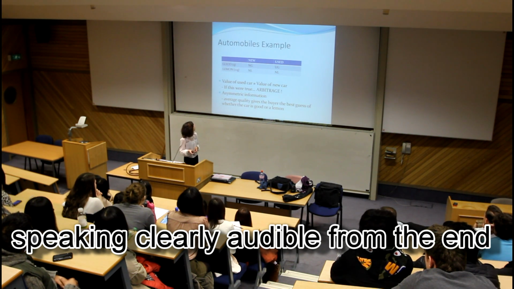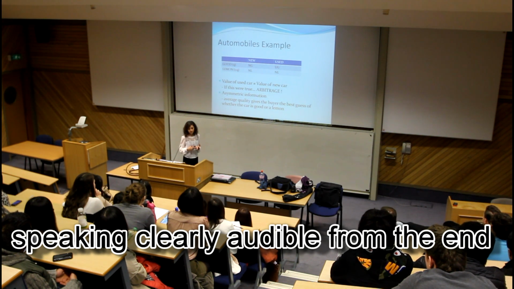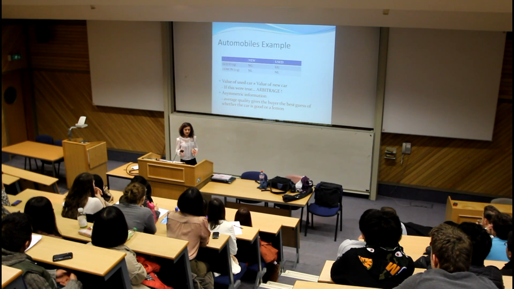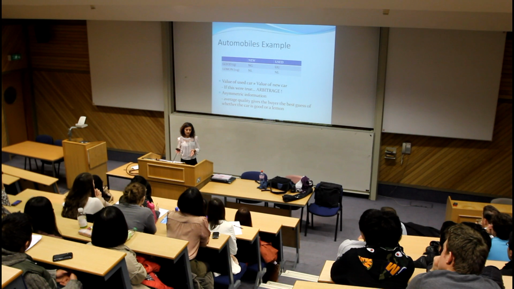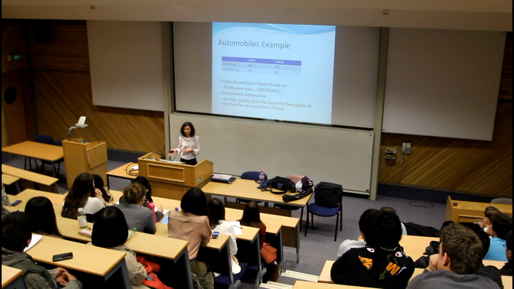Let's move on to the automobiles example now. Here I have, for simplicity's sake, 4 types of cars. We have new good cars, used good cars, new lemons, and used lemons. Now, the value of a used car cannot equal the value of a new car, because if this were true, arbitrage would be possible. Arbitrage is where costless, riskless profit is made, and so we could buy a used car in a market for used cars and sell it in the market for new cars and make this costless, riskless